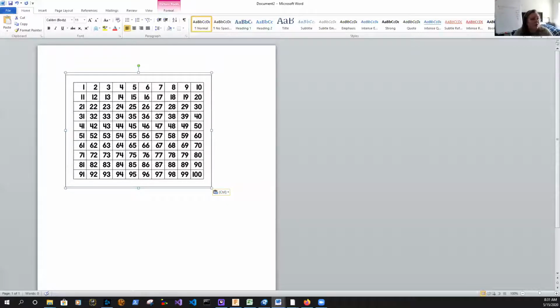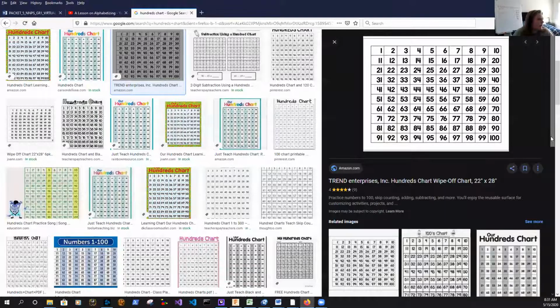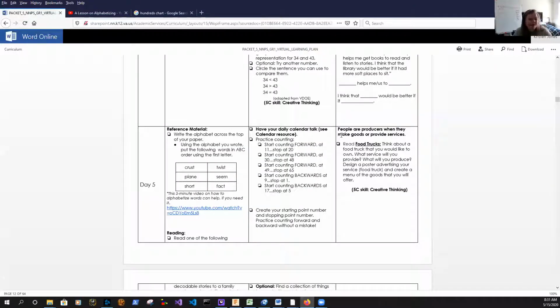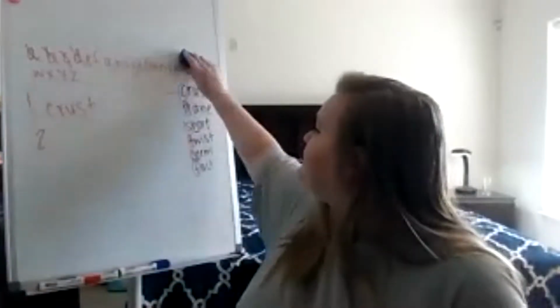So your activity for today is really getting you practice with counting and getting familiar with the patterns that numbers make. So it says practice counting. Start counting forward at 11 and stop at 20. So what that means